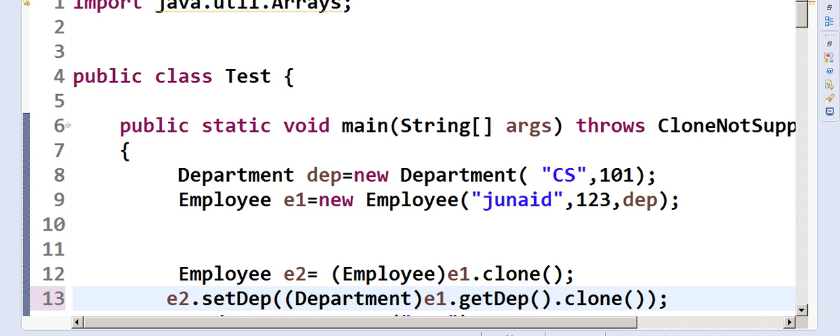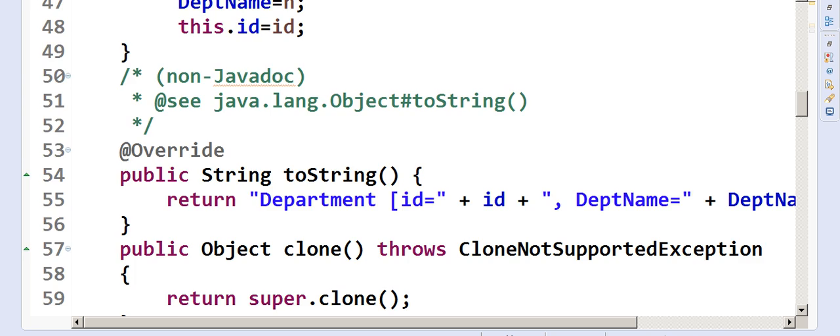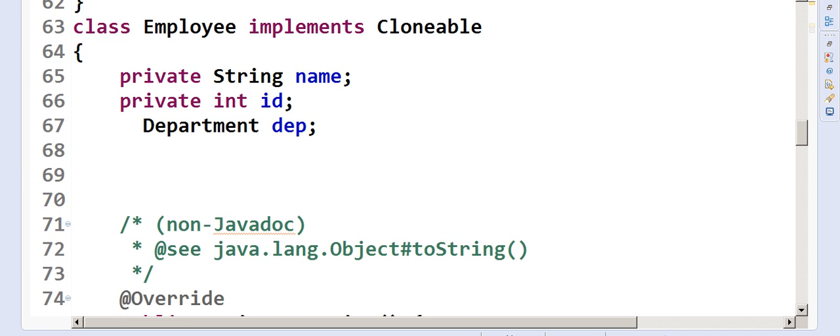Today we're going to learn about deep cloning. Like we said, in shallow cloning, the reference variables are just copied, but their objects are not created in a clone. They are common, right? So what we do here is we have, for example, an Employee class, and